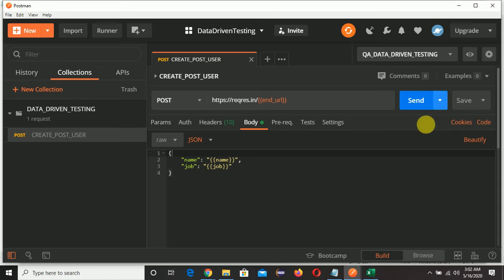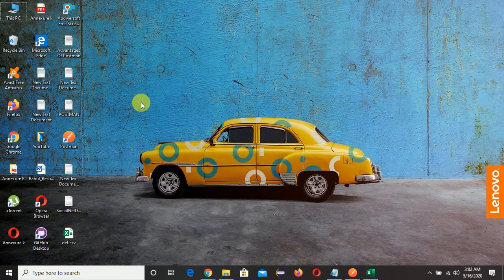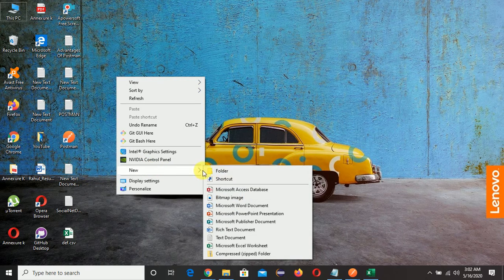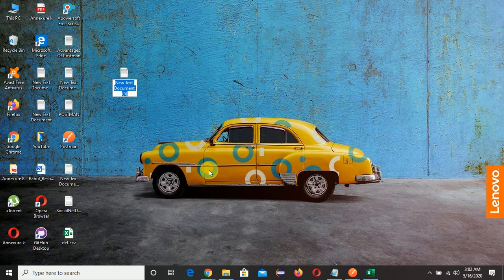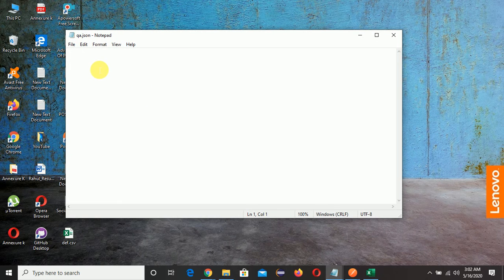So what we'll do is create one JSON file here, give the name QA.json. The extension must be JSON, right? Click on enter, open it, and we need to write JSON here. For that, first we need to give an open square bracket and close square bracket.